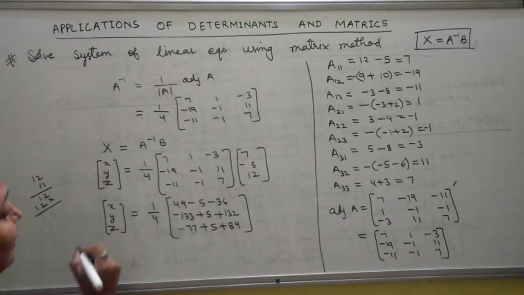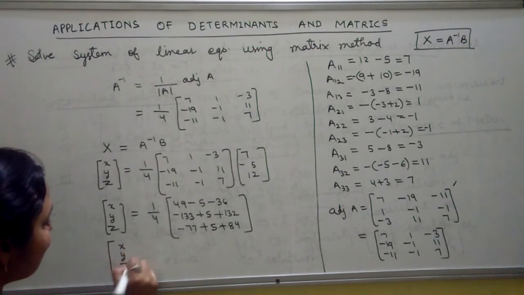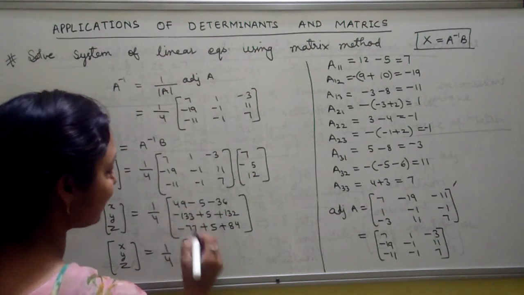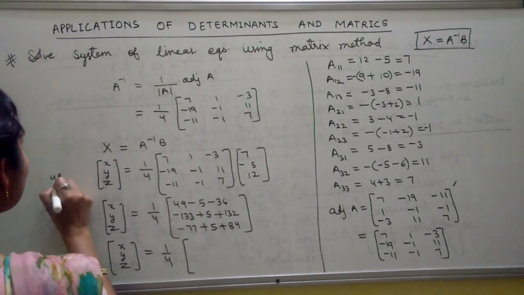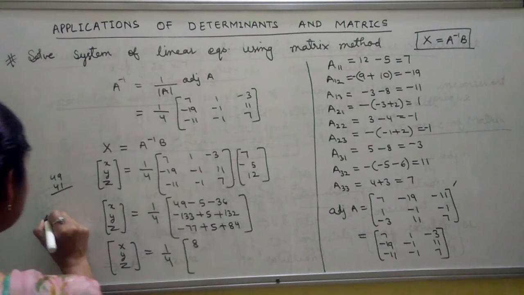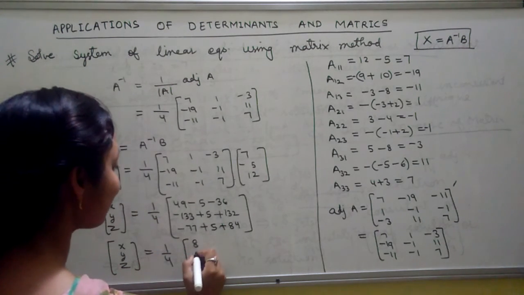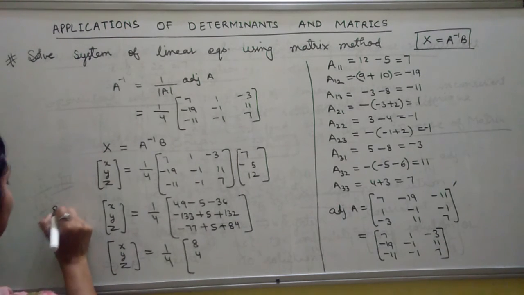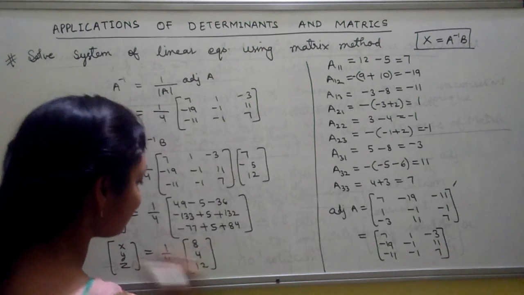Okay, now 36 and 5, 41. X, Y, Z. There is 1 by 4 as a scalar multiple. This is 44, 49, 44 and 40. This is 41, 49 and 41. After subtracting we get 8. Okay, 137 and 133, that is 4. Now the last third one is 89 and 77. 2 and 1, 12. So 12.